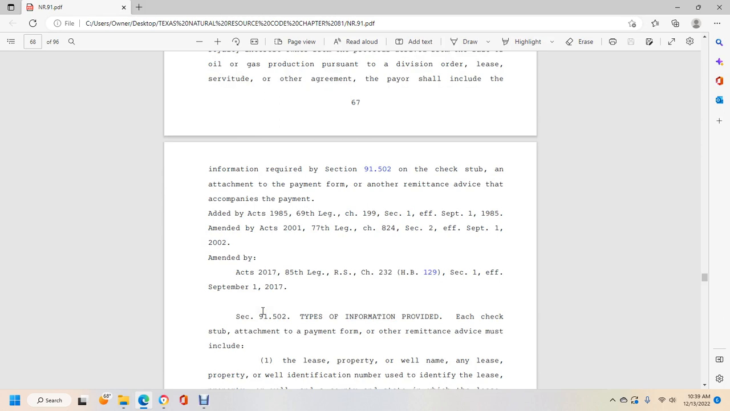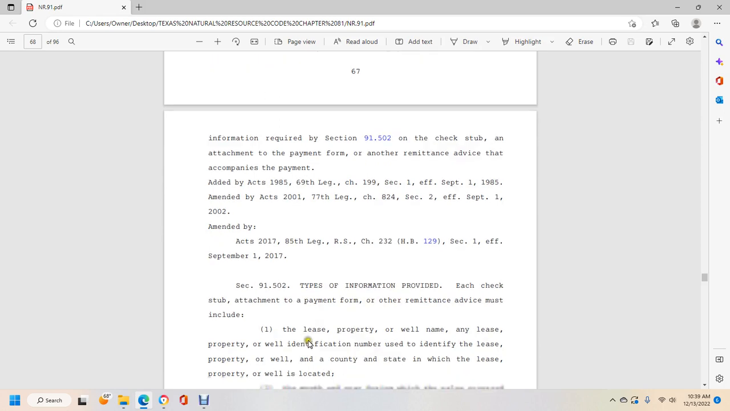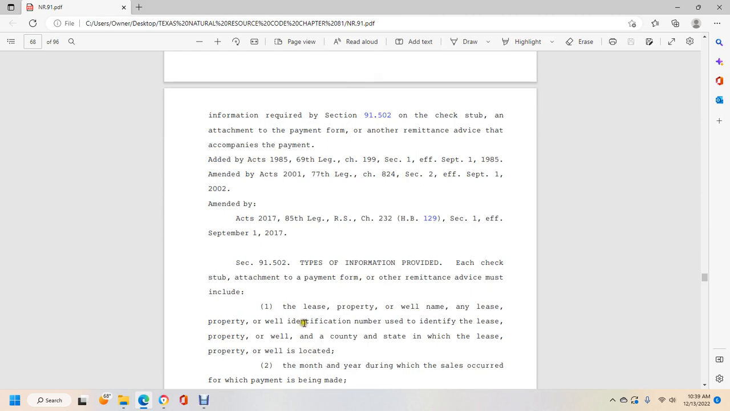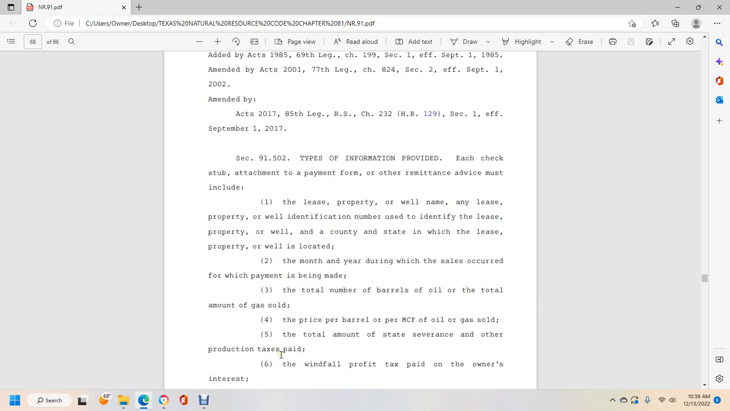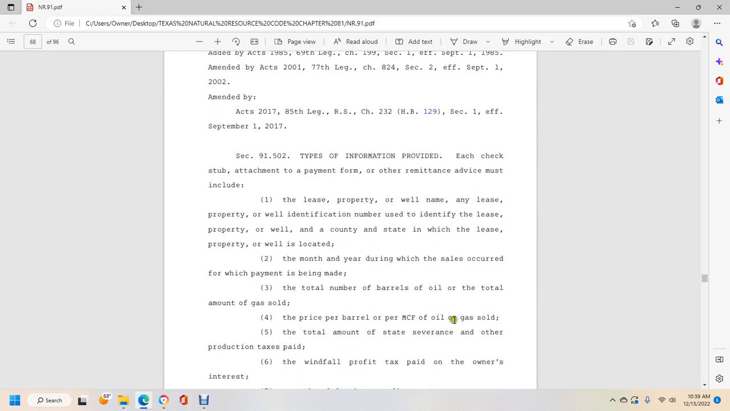Section 91.502, the type of information provided. Each check stub, attachment with the payment, or other remittance advice would include the lease or property well name, the identification number assigned to the lease or property well, the county and state in which the lease or property well is located, the month and year during which the sale of the oil or gas for which payment is being made occurred, the total number of barrels of oil, the total amount of gas sold, the price per barrel or MCF of the oil or gas sold,